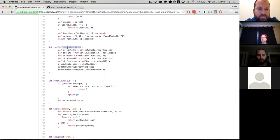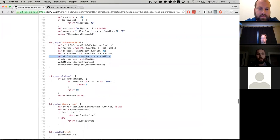So it takes a percentage, and then I just calculate. I guess I'm going for the end, not the beginning. Calculate how far off the ending of it is from that percentage that they want, and then I figure out the duration that should be left, and then I shift the start backwards to the offset essentially, and then I immediately update all the dimmers and adjust the time, or I guess this is just sending the time remaining to